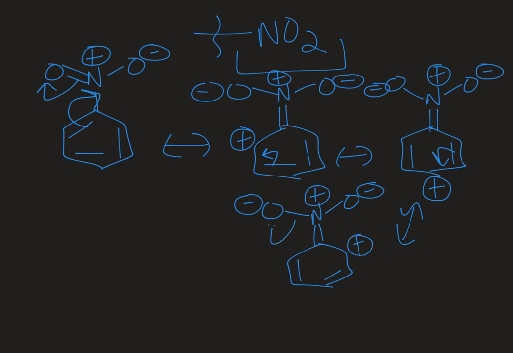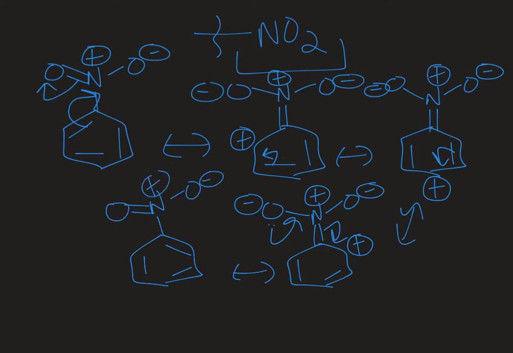And then lastly, one of my lone pairs on one of the oxygens can fold back in to give me the resonance contributor with the lowest overall formal charge, kind of like the one we started with, but you just got your pi bonds alternating there in opposite positions of where we started.